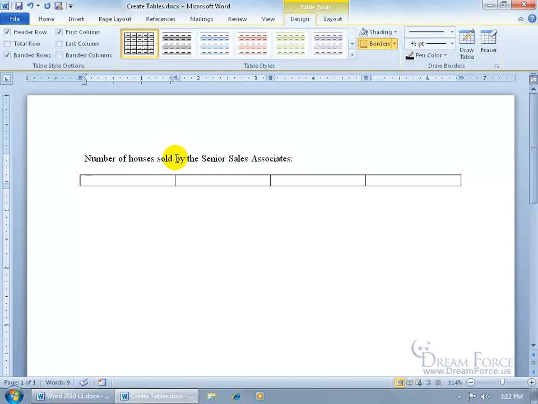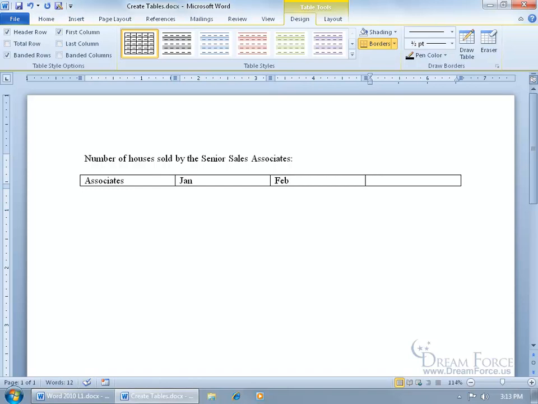So in the first cell, to organize my sales associates by month for the first quarter, I'm going to go ahead and type in the title, Associates. And when I want to go to the next cell, I can either click over in it, but instead of lifting your hands off the keyboard to move the mouse, just hit the Tab key and it moves right on over. And then we'll type in the month Jan for January, hit the Tab key, Feb for February, hit the Tab